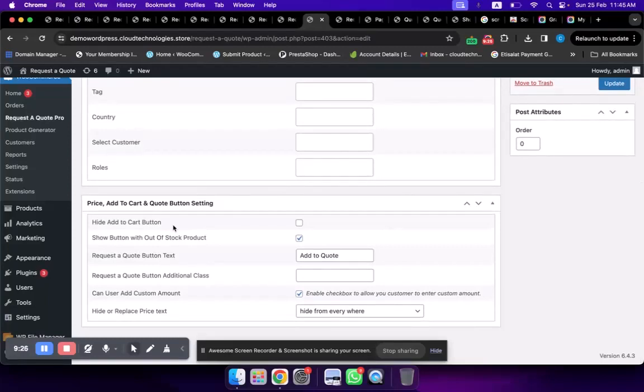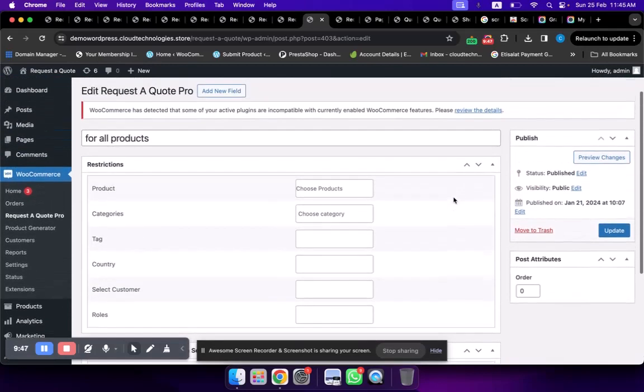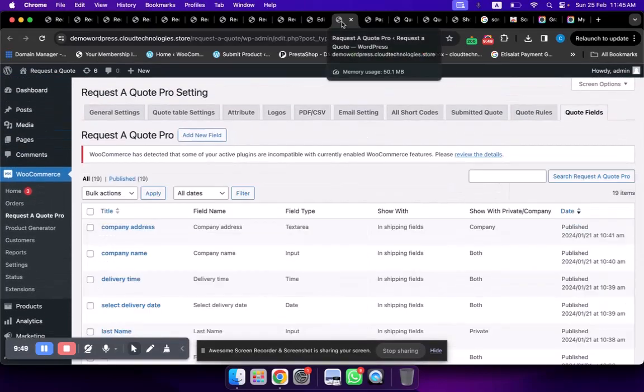And then there are some settings for that quote rule, like hide add to cart button, or show button out of stock product, request a quote button text, and some customization for that button. You can also hide the price from these options, like hide from shop and product page, hide from quote page, hide from everywhere. So you can use these rules to make a quote